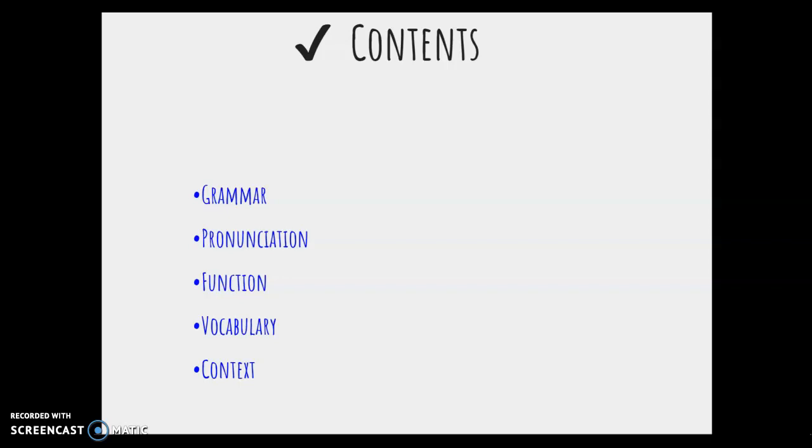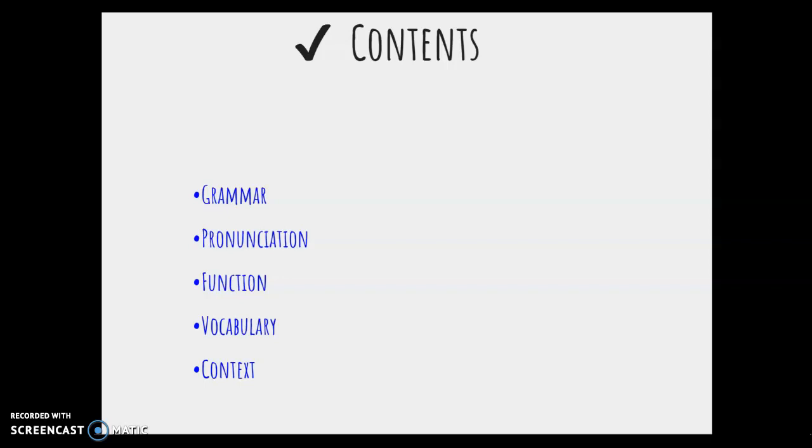Function. This is a problematic area to understand. I will tell you that function is connected to the function in language, to communicative approach. Function has to do with the language and the necessity of communicating. For example, if I'm teaching future will in secondary school, there might be more than one function to be taught. For example, we can use future will to teach predictions, to teach offers,